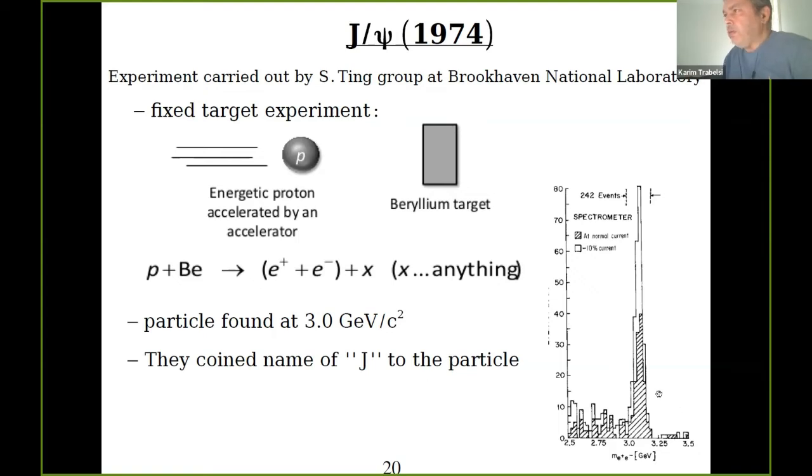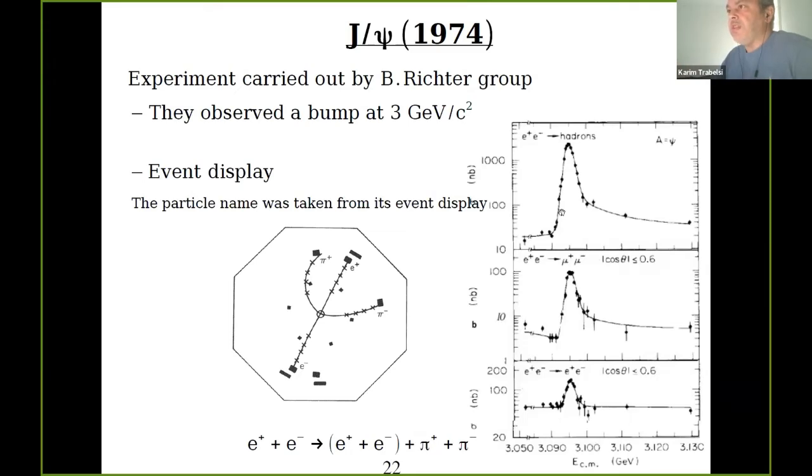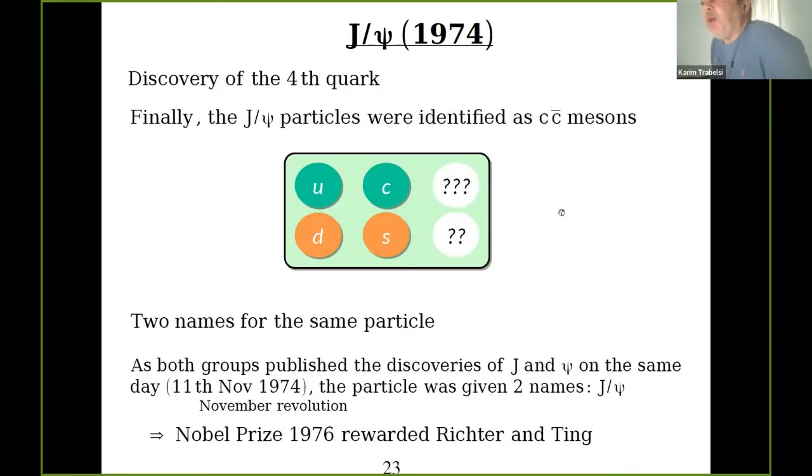You got the result of Ting's group versus the search on the e+ e- collider, where they start from 2.4 GeV, by 0.2 GeV steps at SLAC in this Mark I detector, and then increase until they observe this bump, I mean a bit more than a bump, at 3 GeV, confirming, or observing, this J/psi particle, which is a c c-bar meson, and so